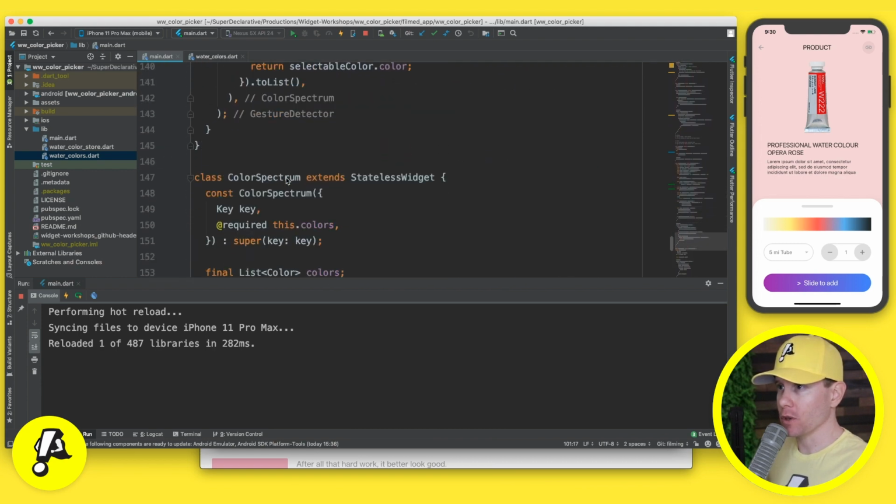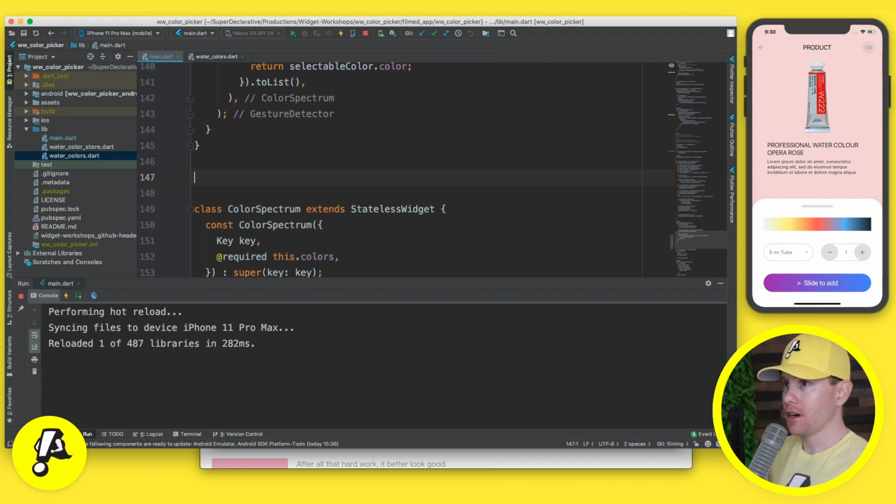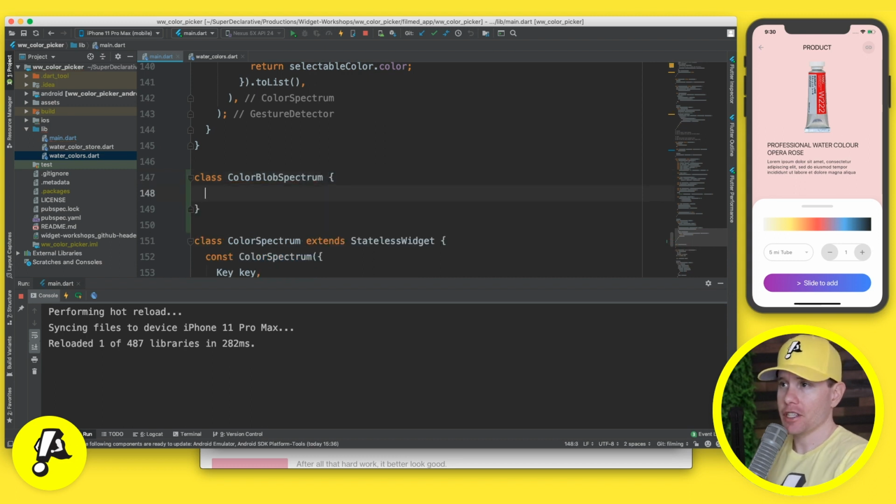Let's come down below this widget and let's define a ColorBlobSpectrum. And this isn't going to be a widget. It's not going to render anything. It's going to be the logical representation of that spectrum. And it's going to know how to calculate the selected color and the spectrum color on our behalf so that our widget code doesn't include so many of these weird calculations and values and stuff like that. So